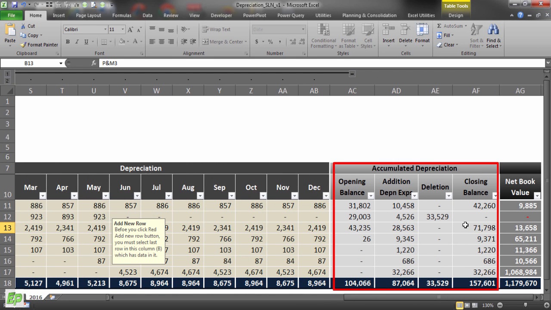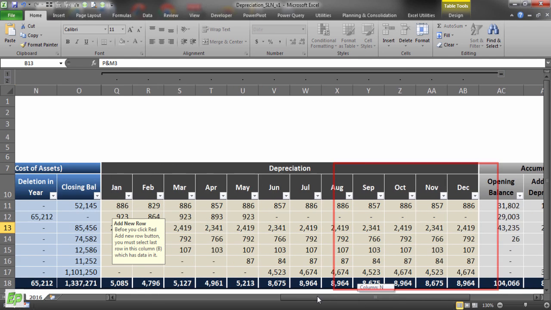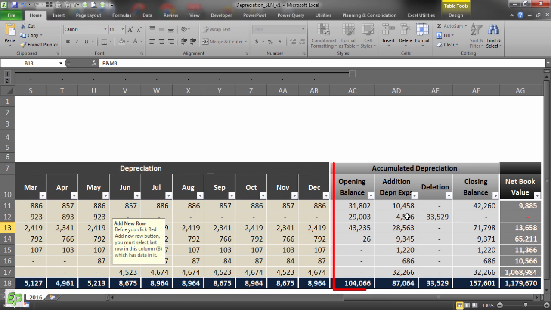In column AC to AF, as you can see, we had opening balance of WDV, then we had depreciation for 5 months, which is nothing but Jan to May, which is 4526. Now we have to delete this depreciation as asset has been sold. So it will be nothing but sum of these two, 29003 plus 4526, 33,529. And that closes the account for this asset, as the book value is 0.